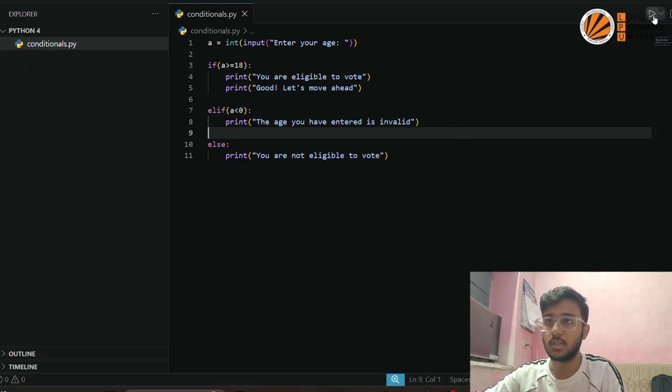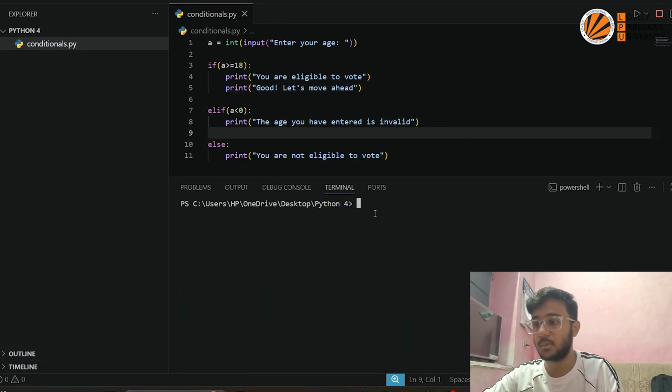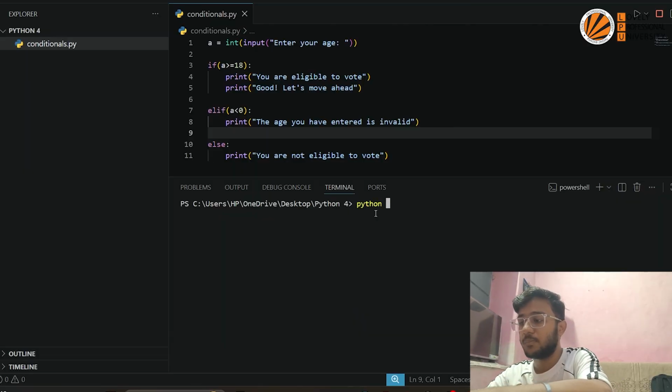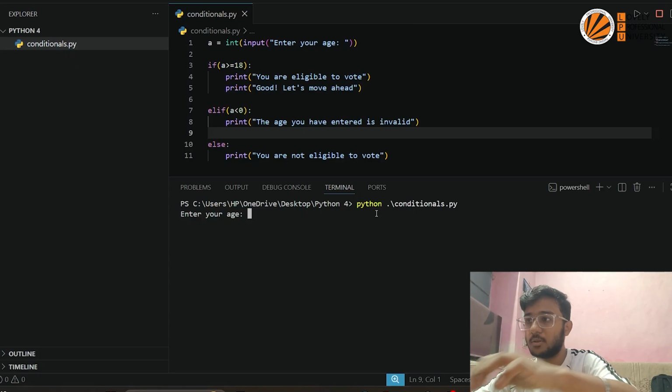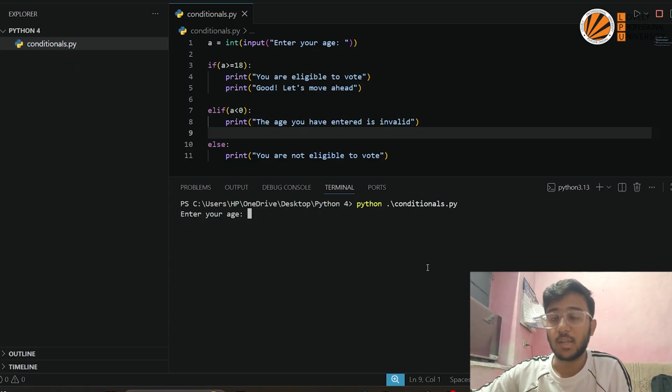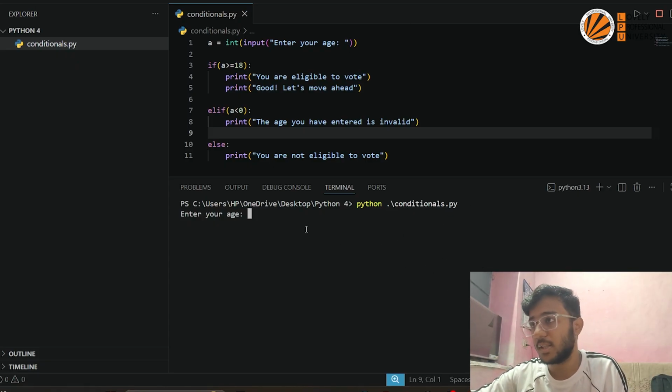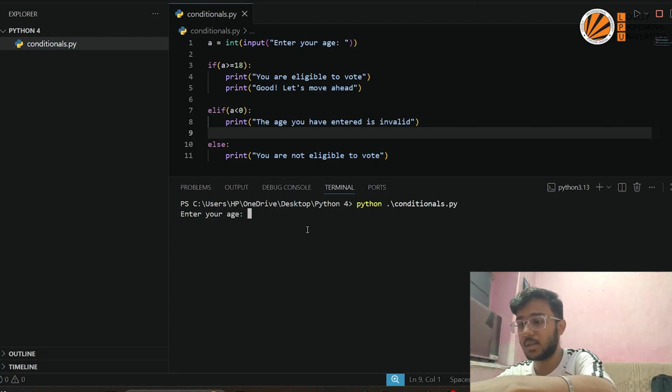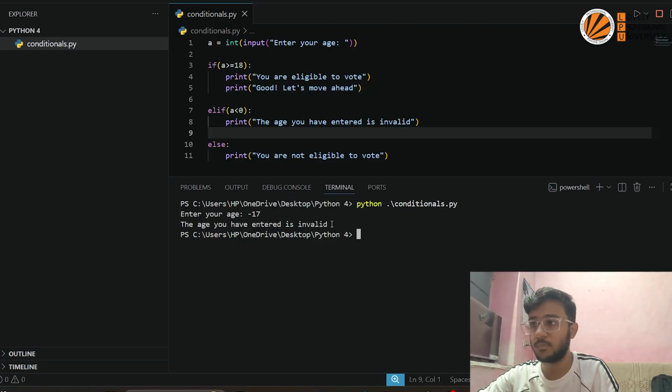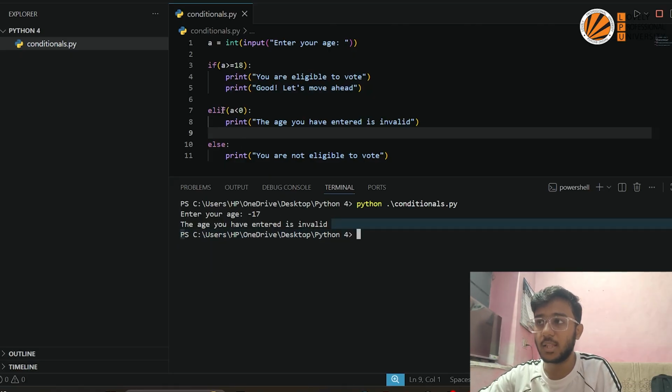Now let us see, if I run this code, go to the terminal here, python, and then I press tab, so this will automatically write my file name. Now let us type age as minus 17, let's suppose. Now see, the age you have entered is invalid. So this is how elif comes in place